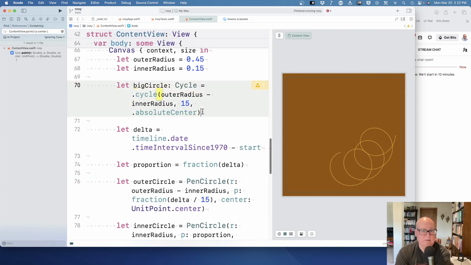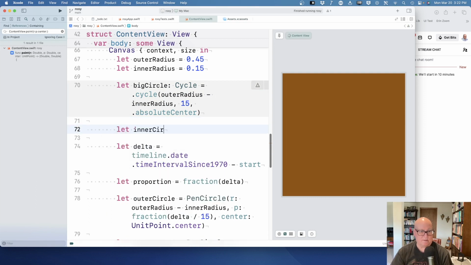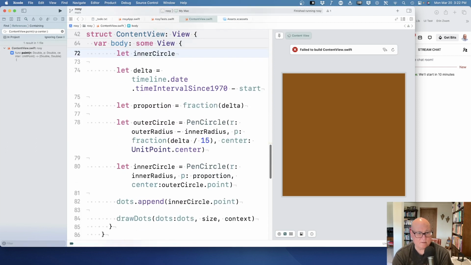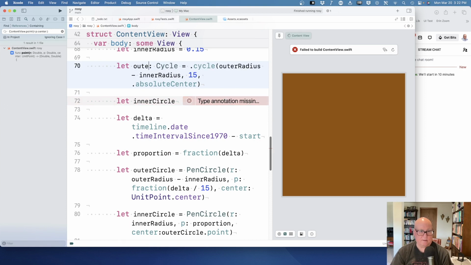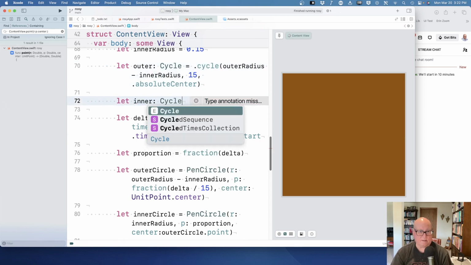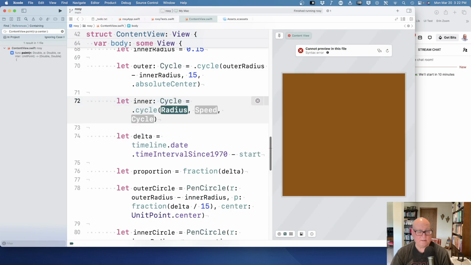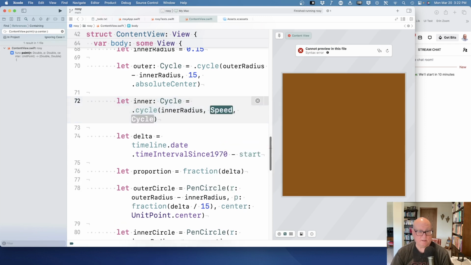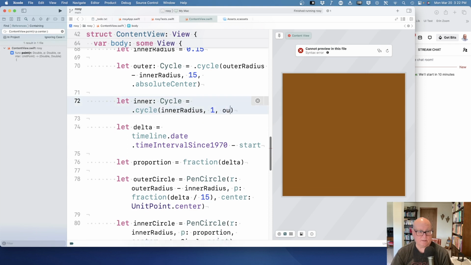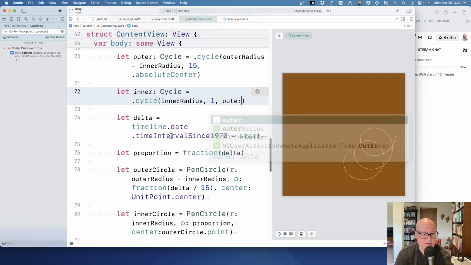All right, and then what about the inner circle? Well, let's call this outer, and inner is a cycle with radius inner radius, speed 1, cycle is outer. Okay. Now,